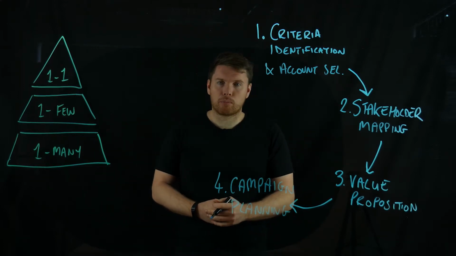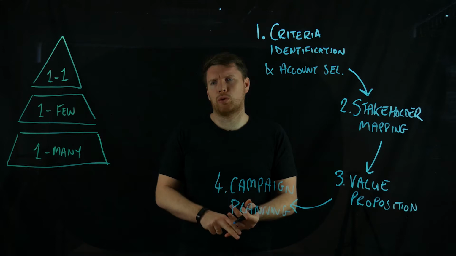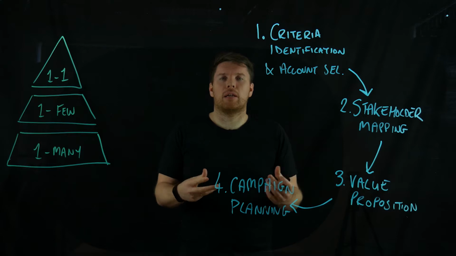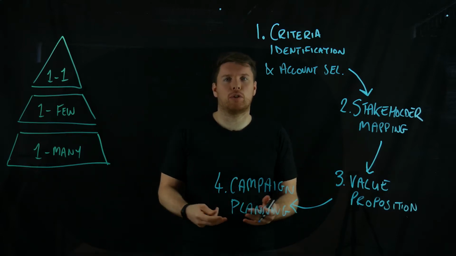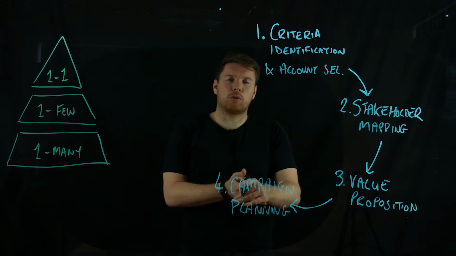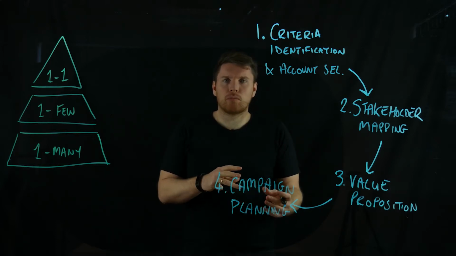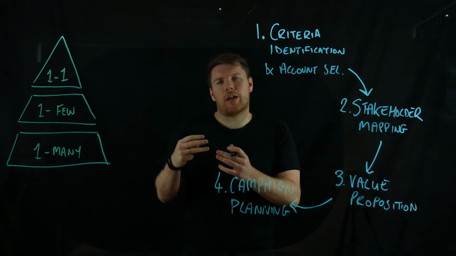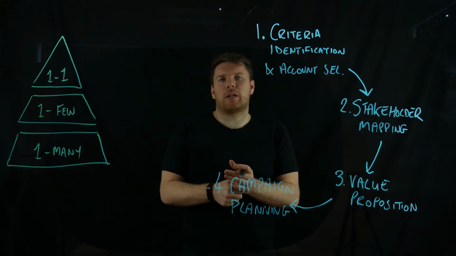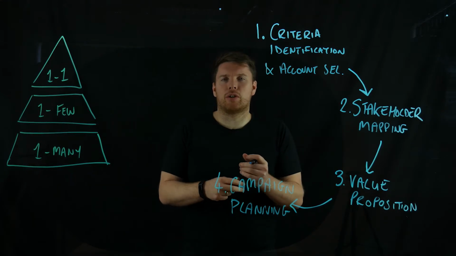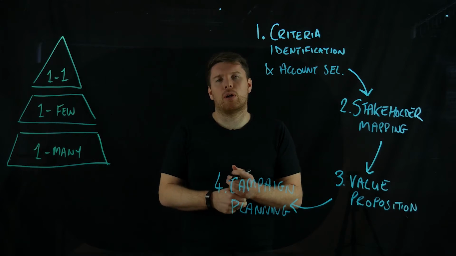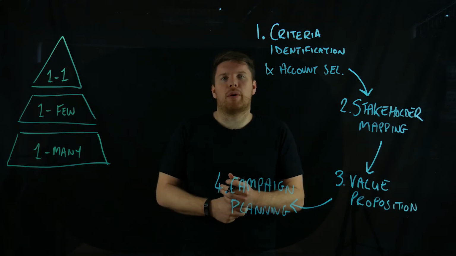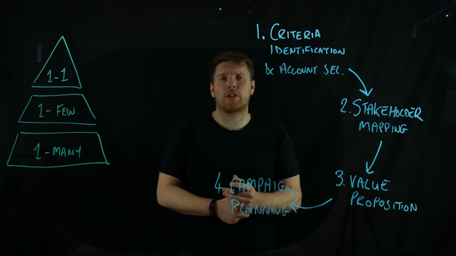So as I mentioned before, based on the strategy that we're deploying, whether it's one-to-one, one-to-few, or one-to-many, we would create and plan a marketing campaign over the duration of a 12-month period. So that might be multiple campaigns that we know is going to resonate with those individuals at that level. So if it's a one-to-one, then we plan a campaign across the 12 months which is going to resonate with that one account. Or we do a 12-month campaign plan that we know we can target the one-to-many accounts with over that duration,